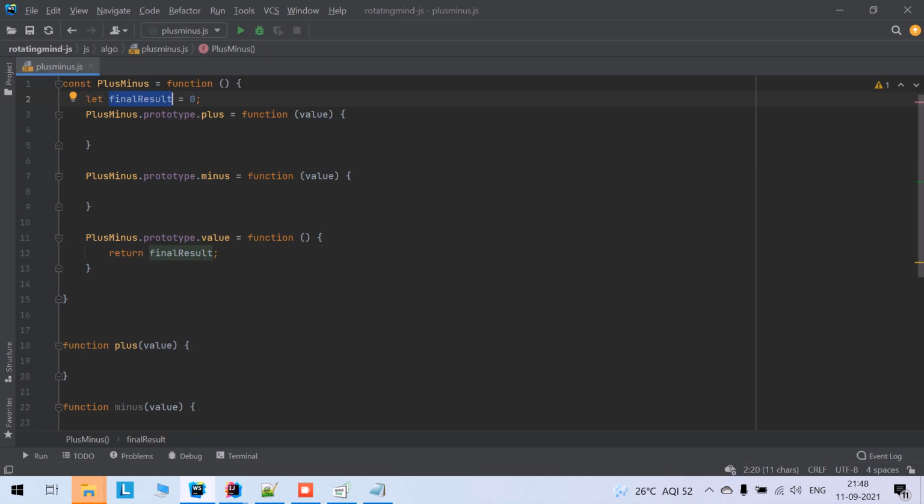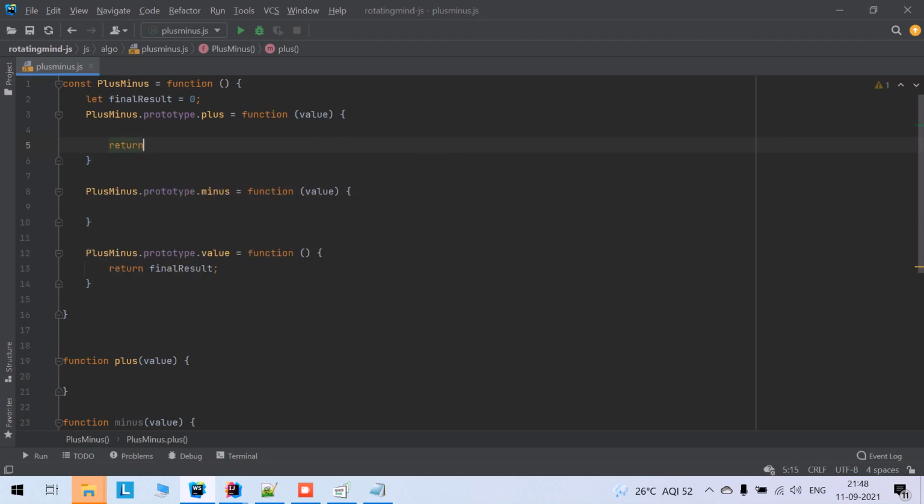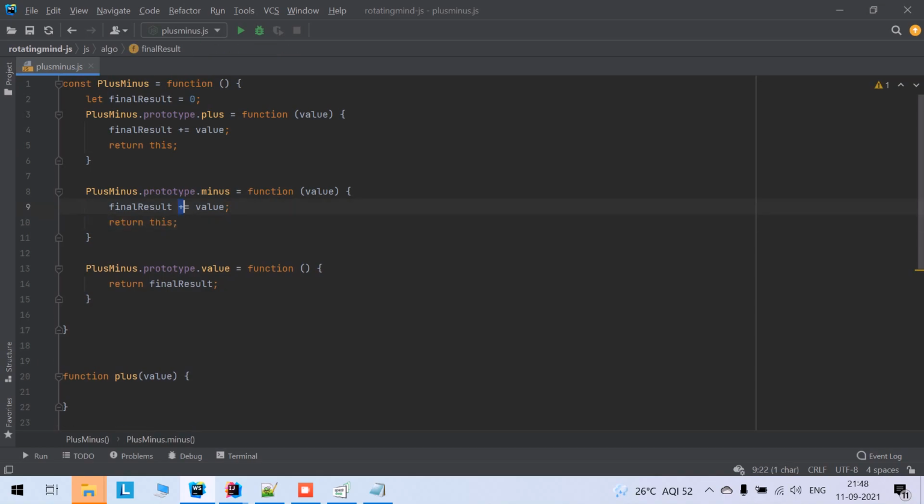So yeah, and this should return the instance after doing the intermediate operation. What would be the intermediate operation? It will accumulate the value inside finalResult, meaning summing the value, and this minus should return the instance after subtracting the value. Okay, so we have to subtract it from finalResult. Seems okay. So now we should